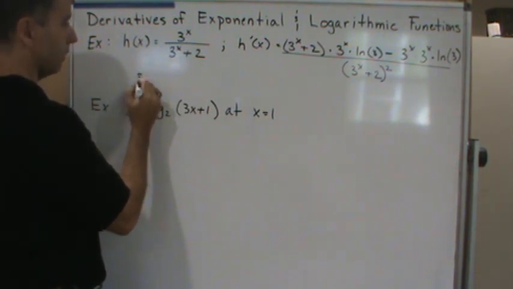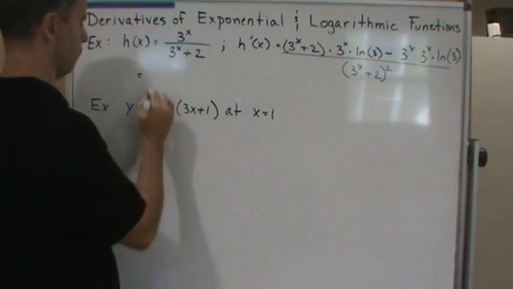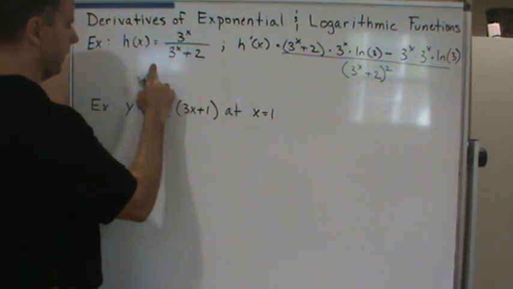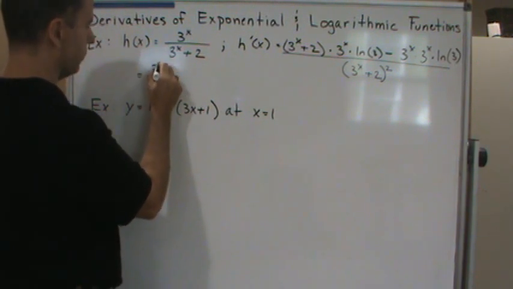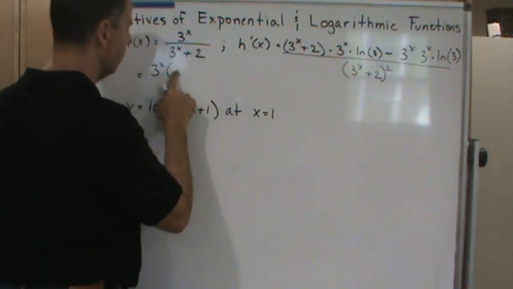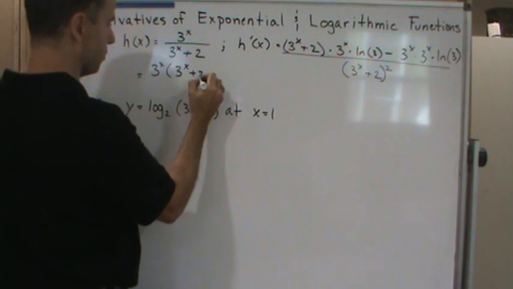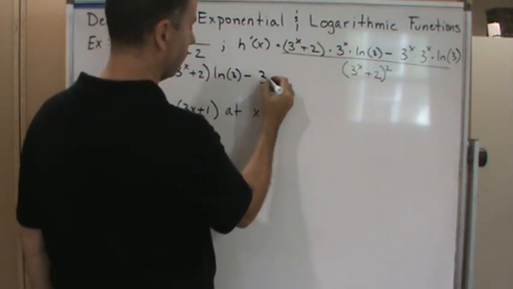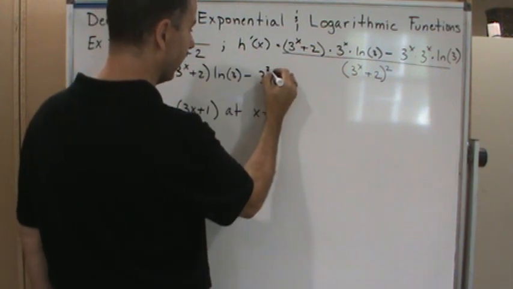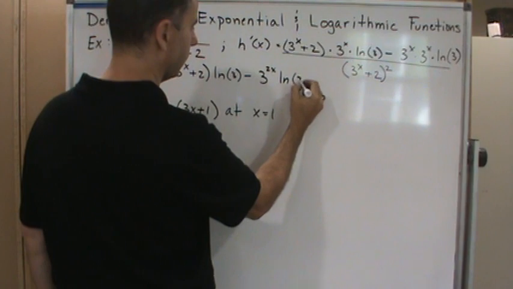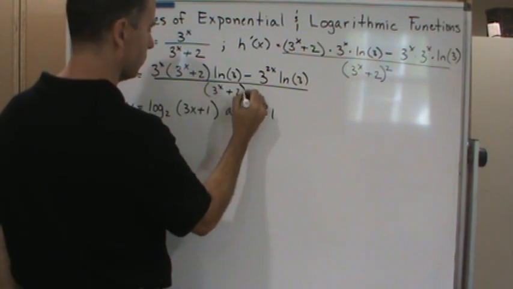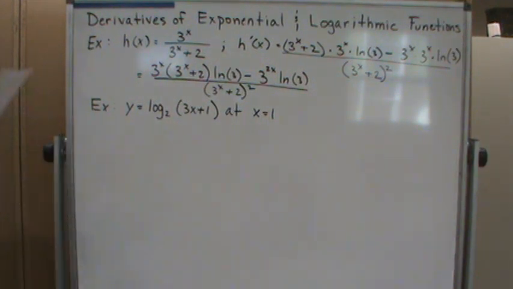So if we simplify this, what do we get? We get 3 to the x times 3 to the x plus 2 times the natural log of 3 minus 3 to the 2x natural log of 3, all over 3 to the x plus 2 quantity squared. Okay, so we can factor